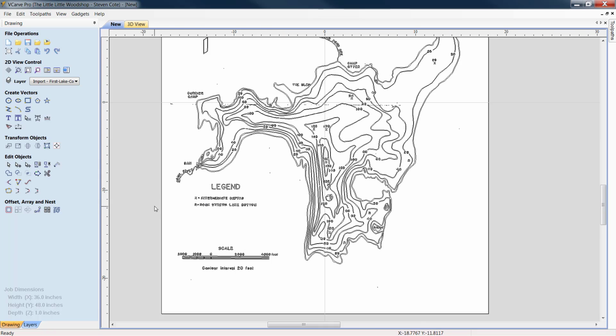The other thing I'm going to do is come down here and adjust what says legend. Let's highlight him, and I'm going to just pull him completely out of the way. Like I said, I don't know if I want to keep him yet or not. I don't know if I want to keep the scale yet or not. But we're just going to highlight him and move him. All right, now,